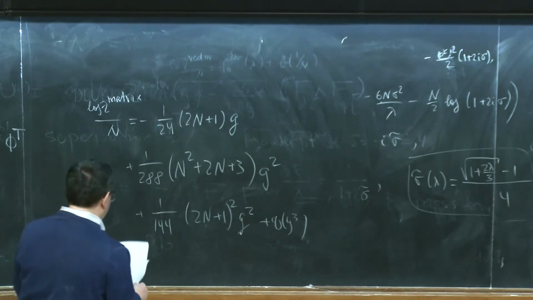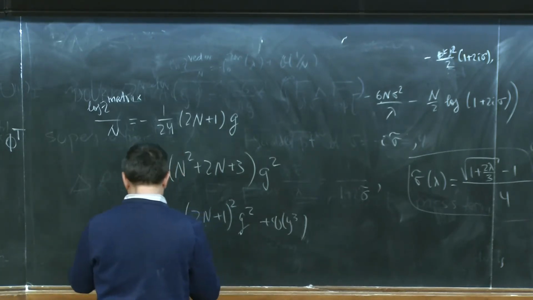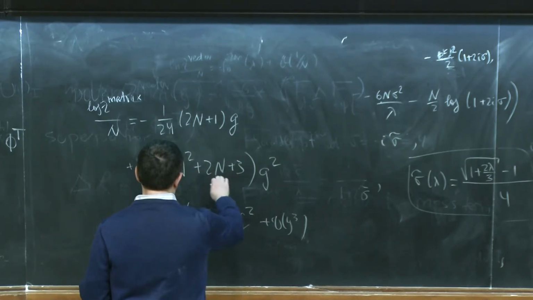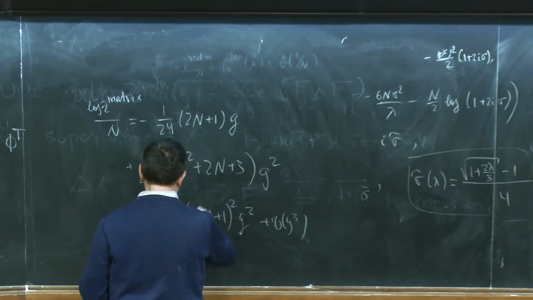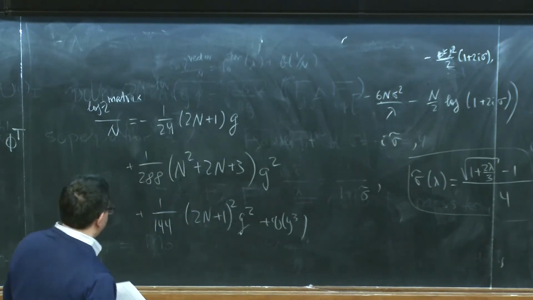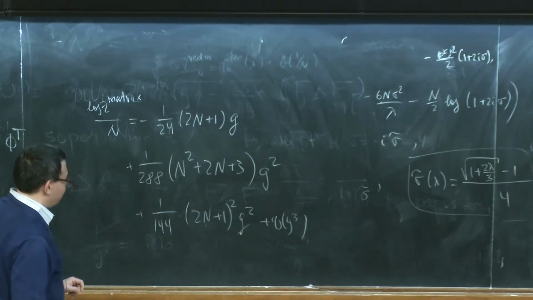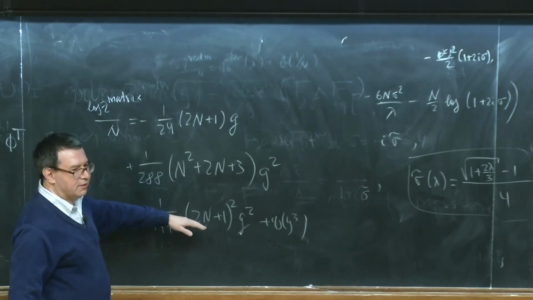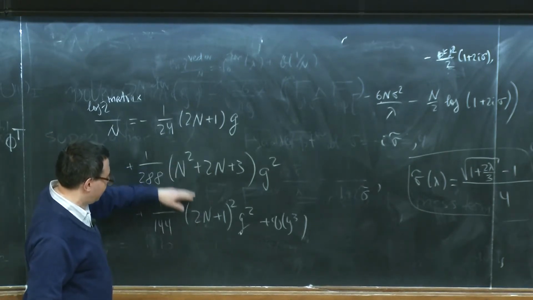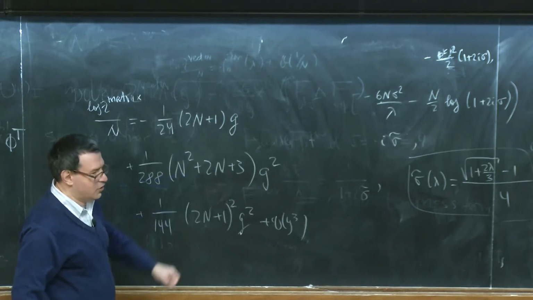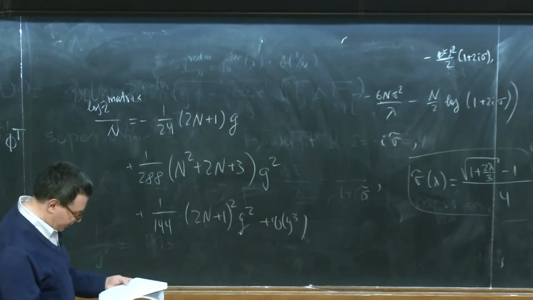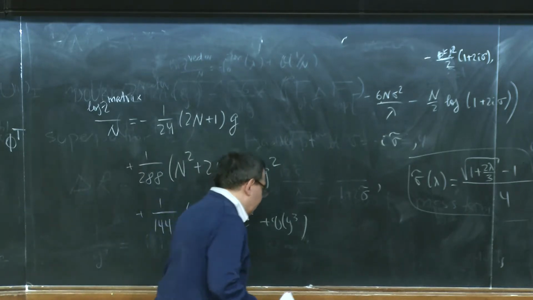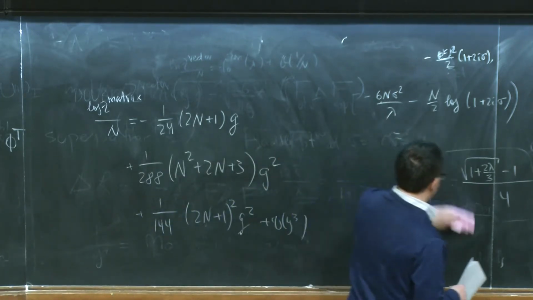I think this is again the contribution of the melon, and this is the triple bubble. And here you notice explicitly the really remarkable thing that they're of the same order, right? You see explicitly that both scale as n squared times g squared in this leading large n limit. So as advertised, we can then read off that